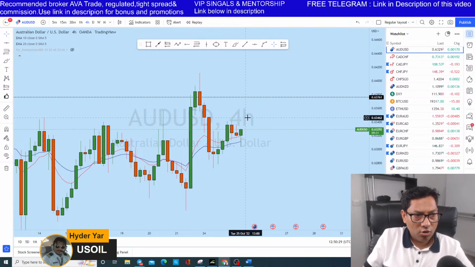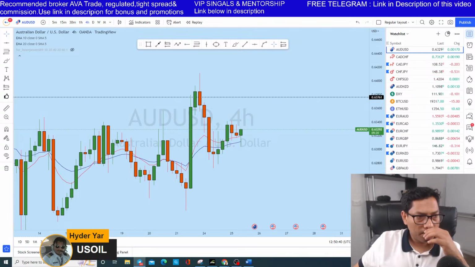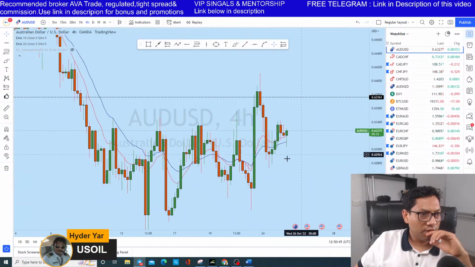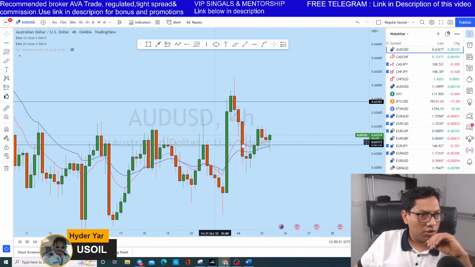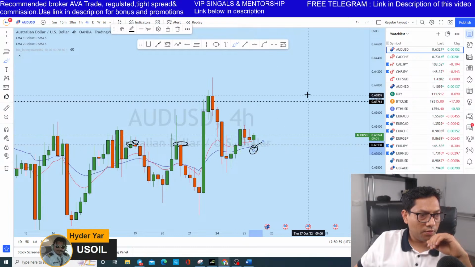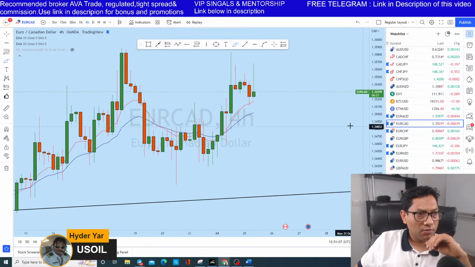So I think Aussie dollar is preparing for a push to the upside. As you can see, there is a previous neckline. If you draw this resistance, which is the resistance here, it is acting here as support. I think that Aussie dollar, like the euro dollar,